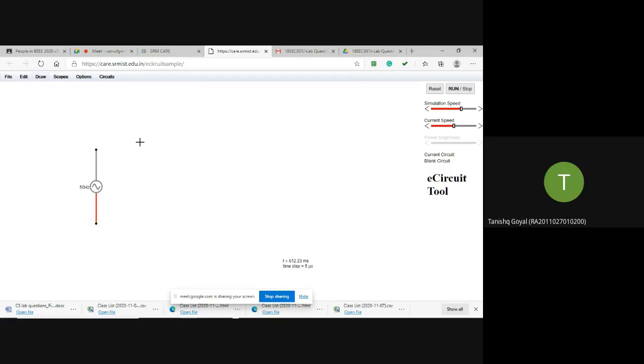Ma'am, what frequency have you set, ma'am? 50 hertz, and plus one more thing. Where is the phase connected? Phase is connected to two switches. Neutral to lamp and phase to switches. Okay, I will drag it here. I have to connect this to neutral only, so I will drag it here. Okay, so this is my lamp.